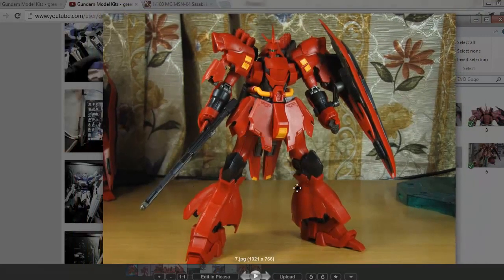That said though, I can't really choose between the two. When it's this kind of style of Sazabi and the Sinanju, then both are some of my favourite suits, so I couldn't really say for sure which one I like better. Okay, so that's my wrap up and preview of the new GoGo